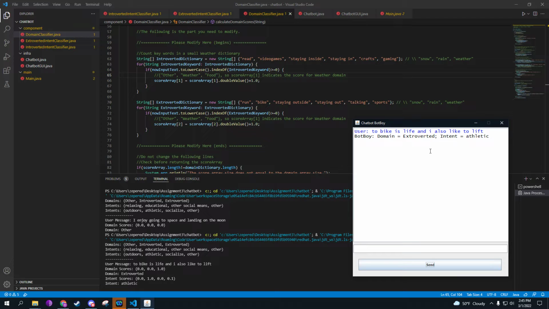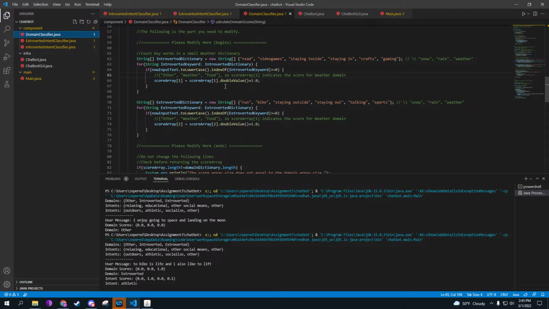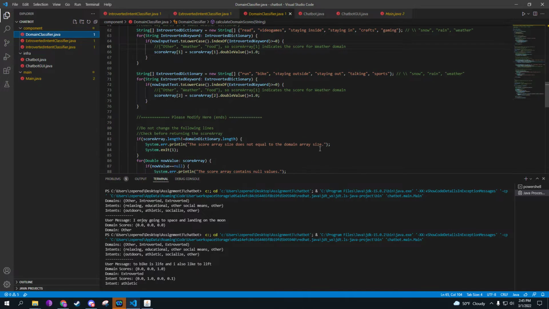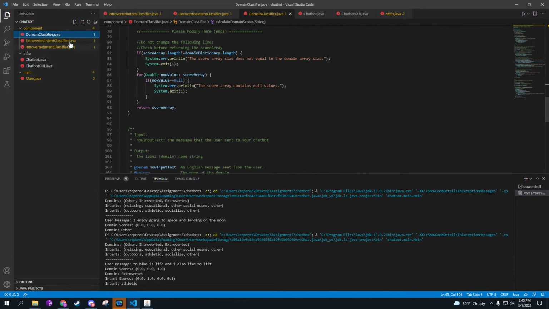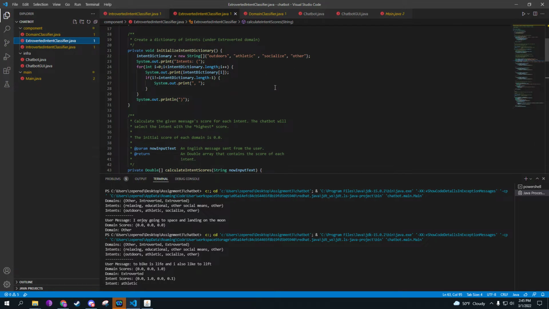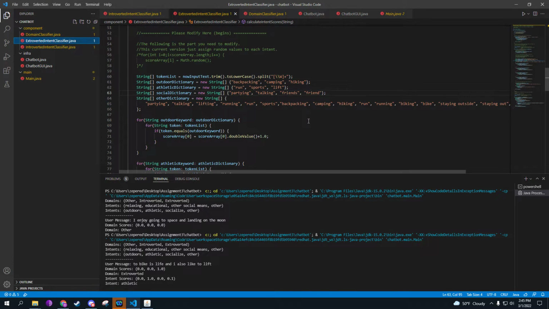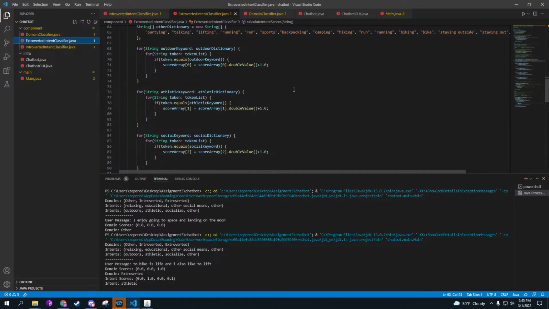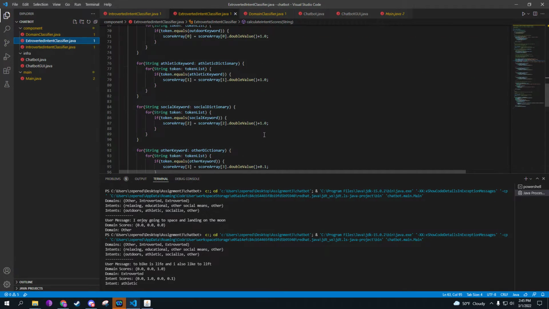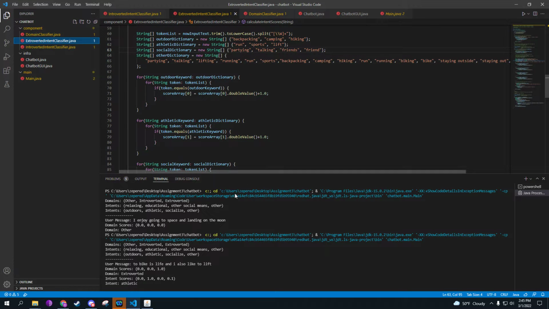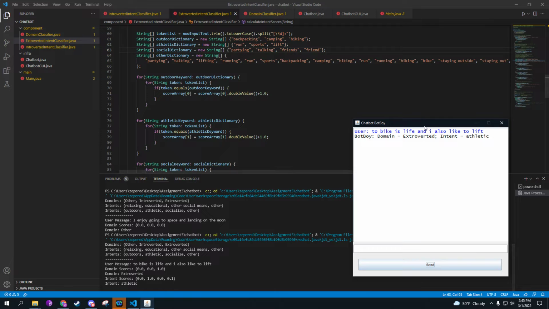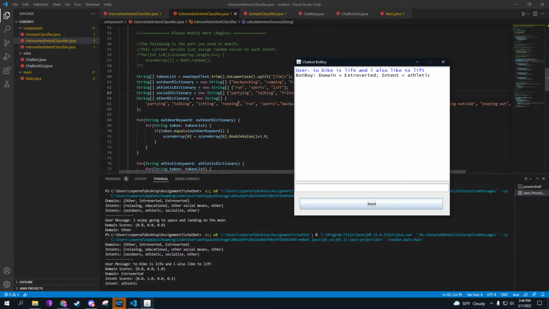It's going to say the domain is extroverted and the intent is athletic, because it comes into here and gets triggered by biking, which gives it a 1. Then it comes into the extroverted classifier, and under the athletic dictionary we have lift, which triggered the athletic dictionary to gain 1, which is fantastic.